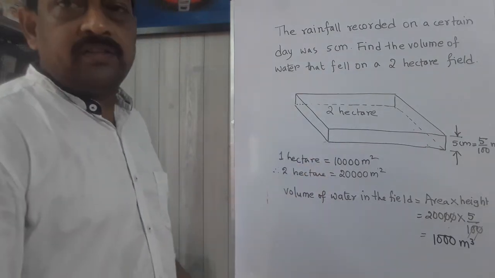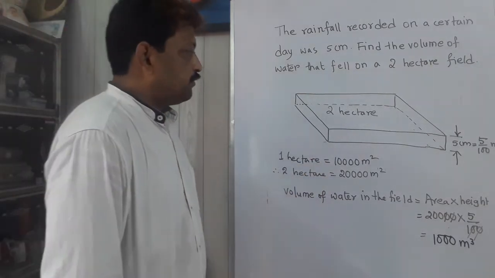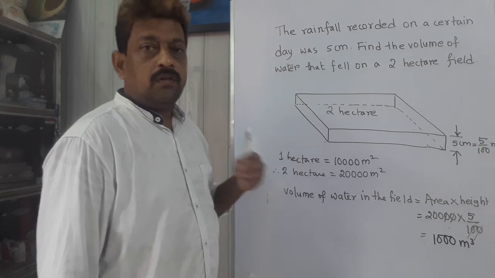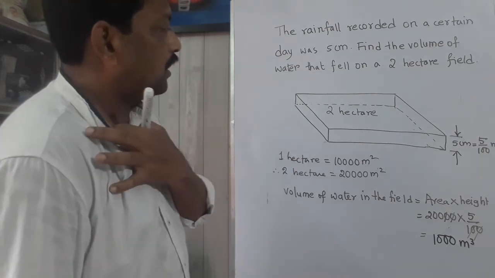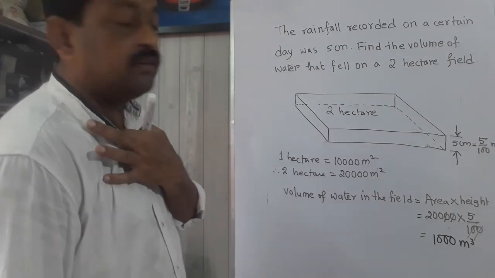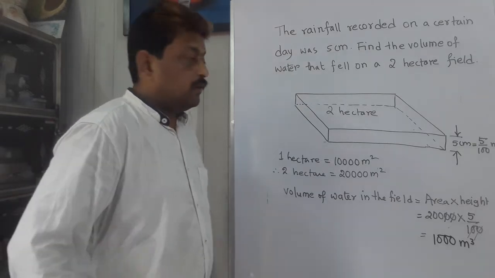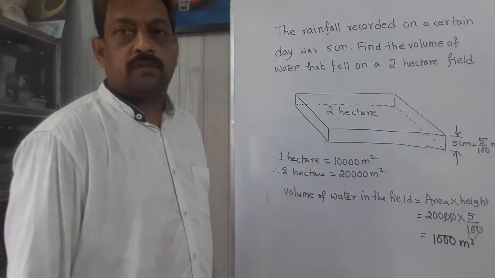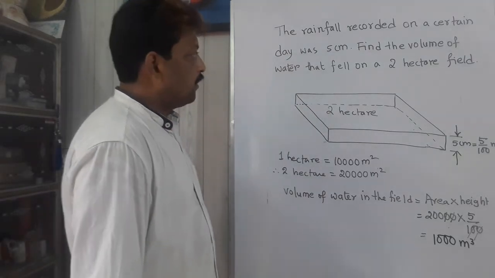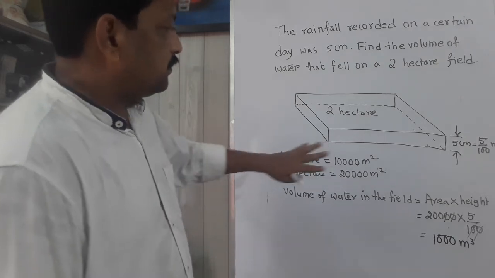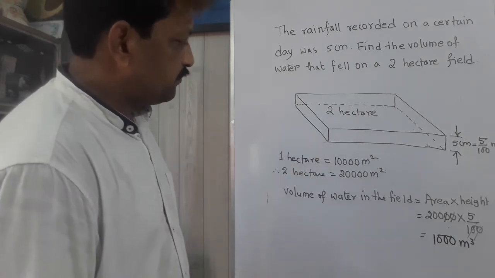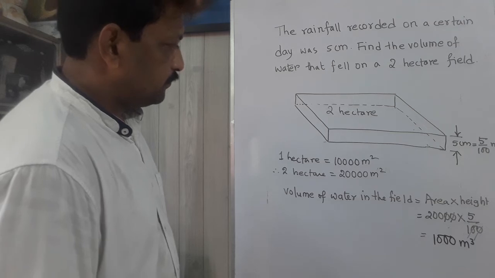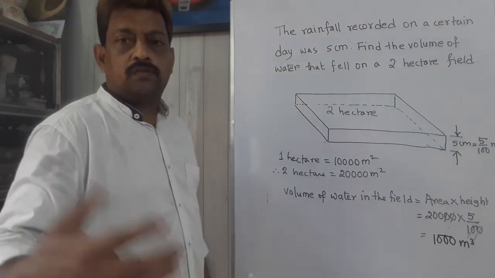So that was quite a simple sum, very easy. Only you have to understand the situation, and if the situation can be read properly, then we can solve the sum easily. Okay, so just go through it. It is very easy to find the answer. So let me solve one more problem.